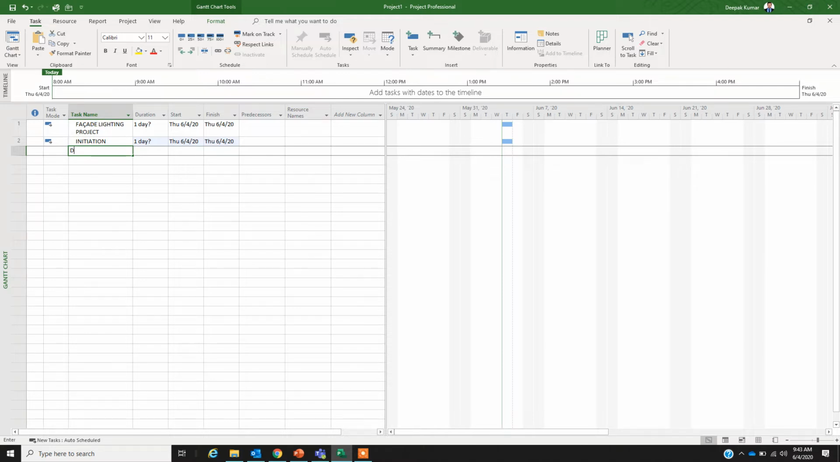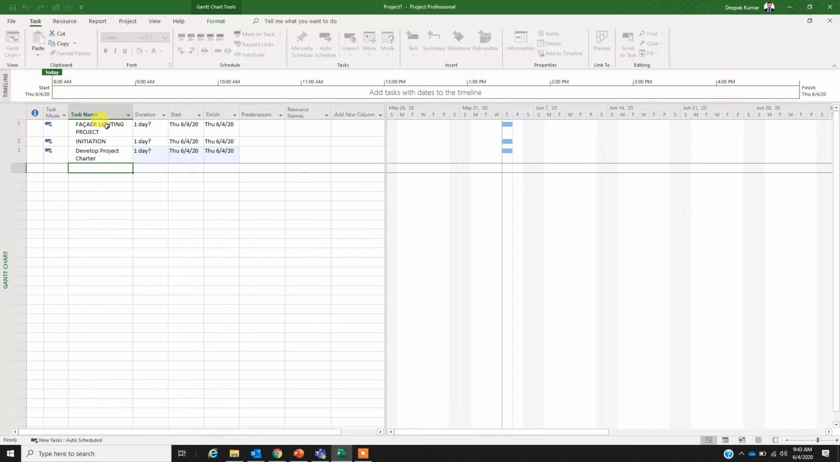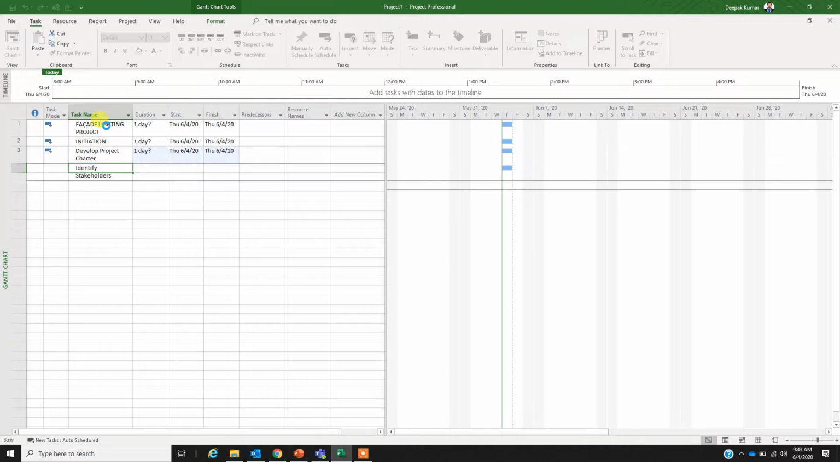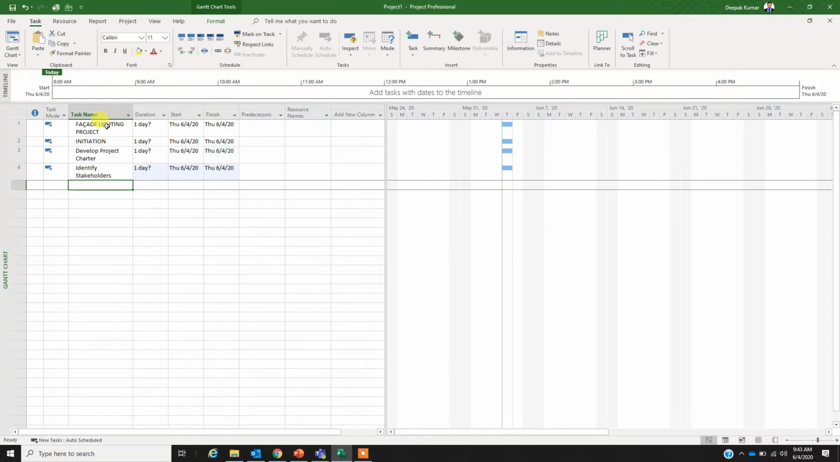So I will develop project charter. After creation of project charter, I will identify the stakeholders, let's say. Once I have identified the stakeholders, let's suppose that I have completed the initiation phase and I have entered into